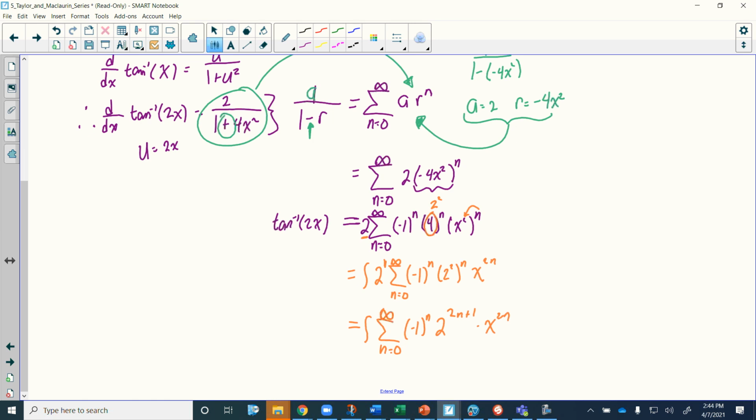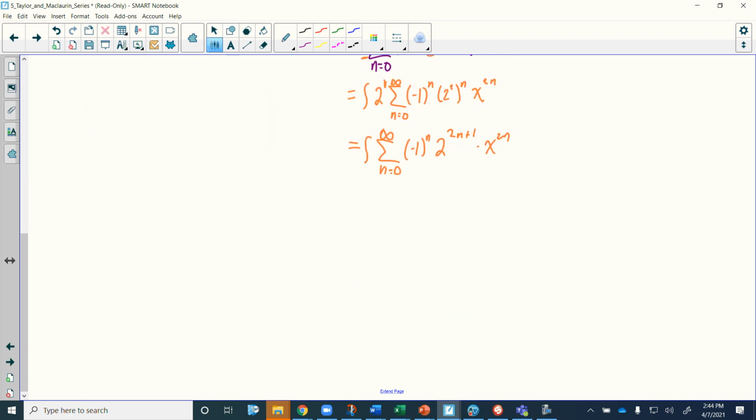Now we can actually do the integration. Find the antiderivative of the expression that we have here, and we're going to say that the inverse tangent of 2x will be equal to a constant when we do the integration, because we're doing indefinite integration, plus the summation of, we're going to have negative 1 to the power of n, and the next part here is going to be,